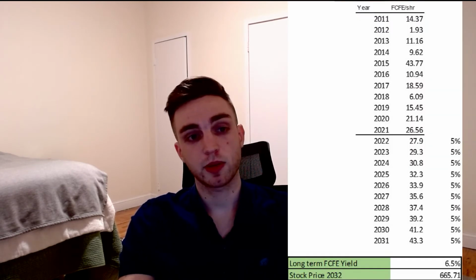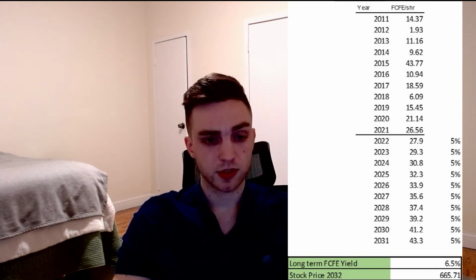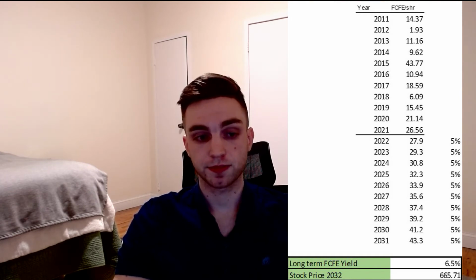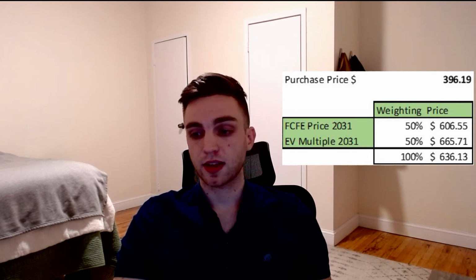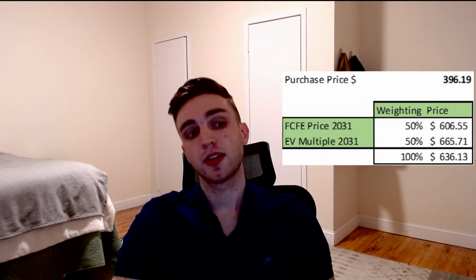So I forecasted out free cash flow per share, made some assumptions for debt, and I come out with free cash flow to equity per share in 2031 of $43.30. I'm assuming a long-term free cash flow to equity yield of 6.5%, and that comes out to a stock price of $665.71. So you can currently purchase the stock in the open markets as of Friday, February 12th, 2022, which is the time of recording this video, at